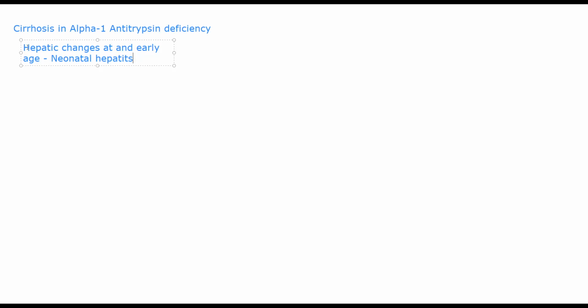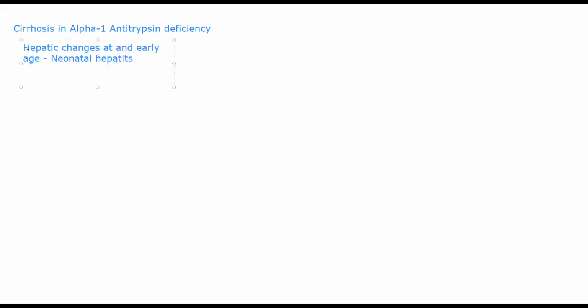liver if they are having cirrhosis due to alpha 1 antitrypsin deficiency, meaning that the patient already has alpha 1 antitrypsin deficiency. The time it takes for the patient to develop cirrhosis can be variable, depending on the amount of deficiency, depending on the severity, there are several factors. In some, this deficiency will be apparent at the neonatal stage itself. Sometimes it will take a little more time and it will appear either in childhood or in adolescence.